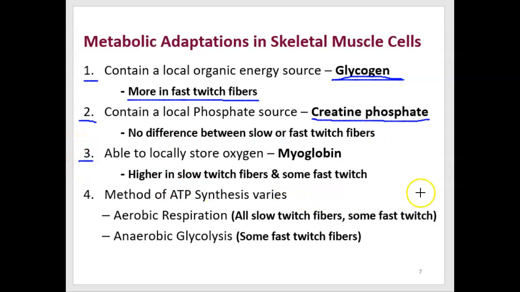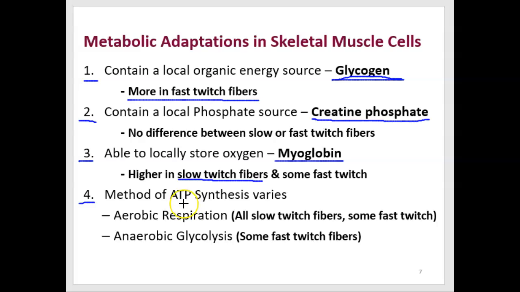Thirdly, skeletal muscle cells have the ability to locally store oxygen by binding to a molecule called myoglobin. It's a lot like hemoglobin in our red blood cells, if you're familiar with that. Slow twitch fibers have a lot more myoglobin than general fast twitch fibers do. And then lastly,